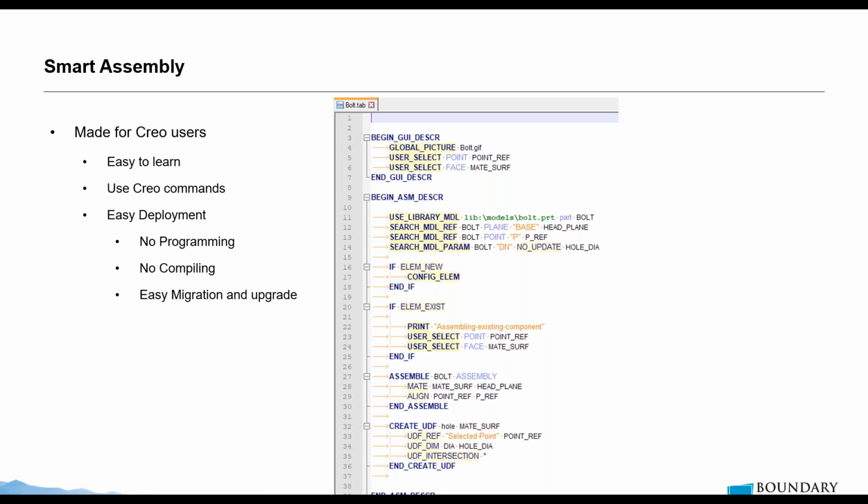Okay, so it's easy to learn and it's easy to deploy as well. So you don't need programming background and things like that. It's an easy to learn language. And if you look at the screenshot I took here, if you read the yellow bits, that's basically telling SmartAssembly what to do. So search _MDL_REF is just search in a model for a reference. Okay, and that's the theme throughout the whole